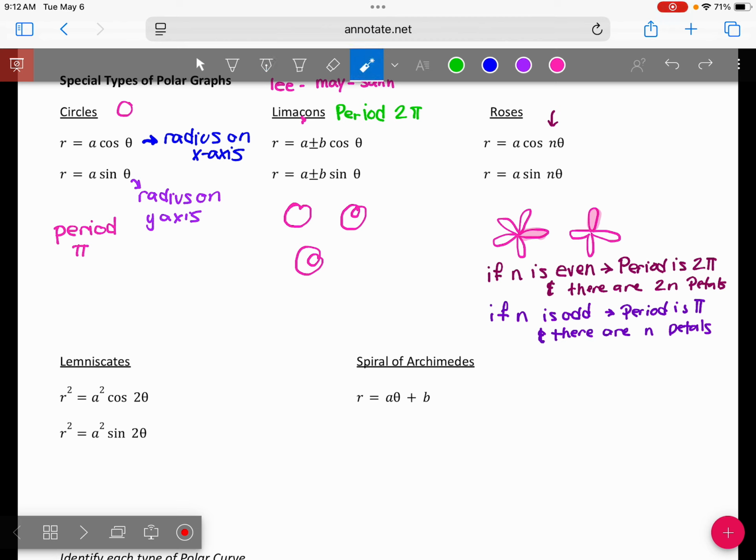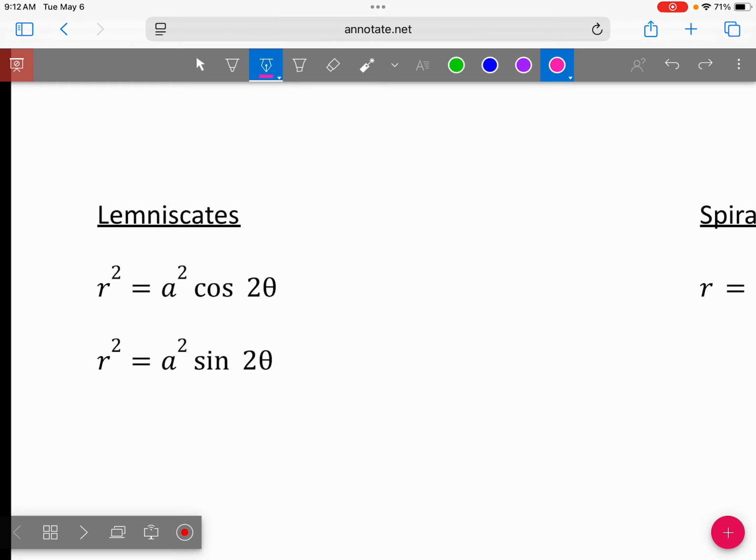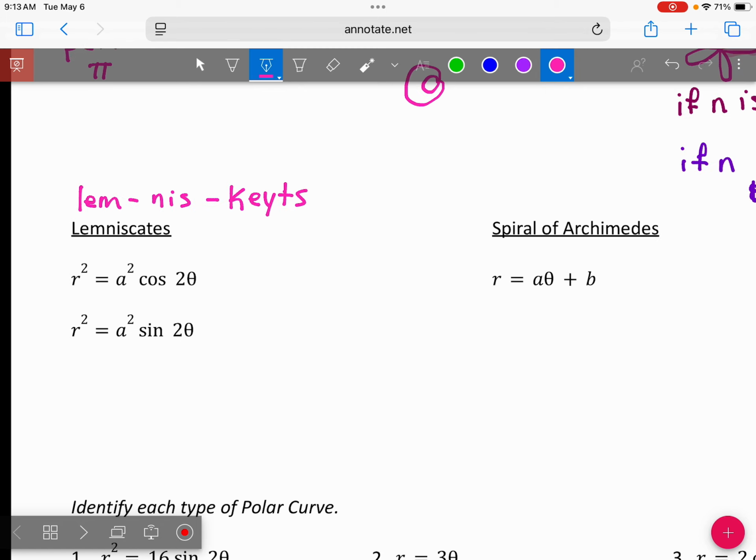So we have another one that has a weird type of name. And this one, I'm zooming it in so I can write it down so we can say it. These are Keats. Think Keats. Lemnis Keats. Again, Latin's weird, math is annoying. We go with that. So Lemnis Keats